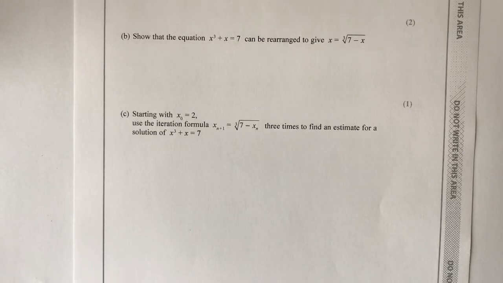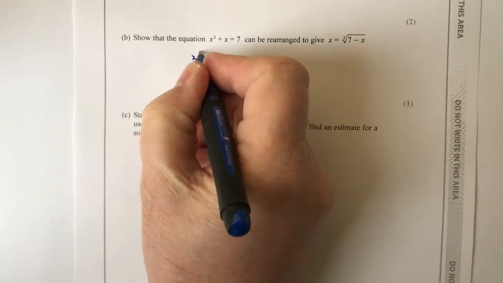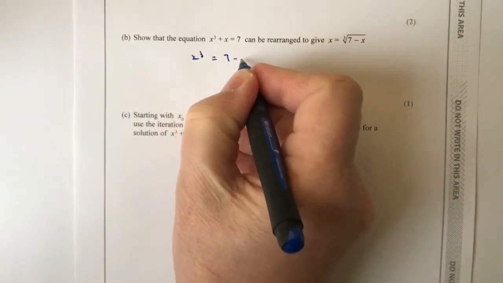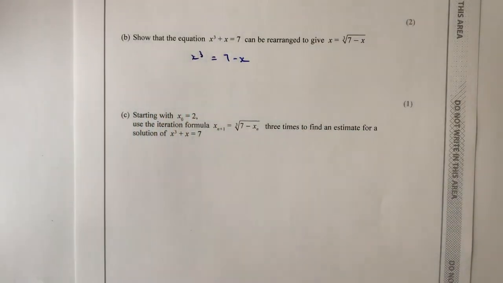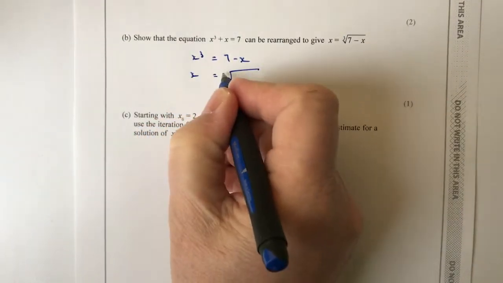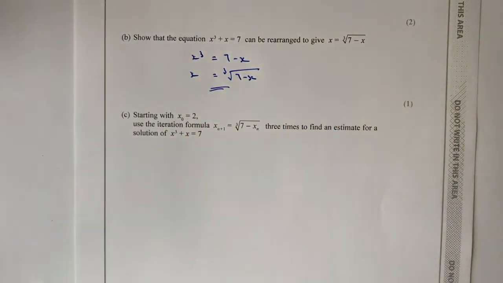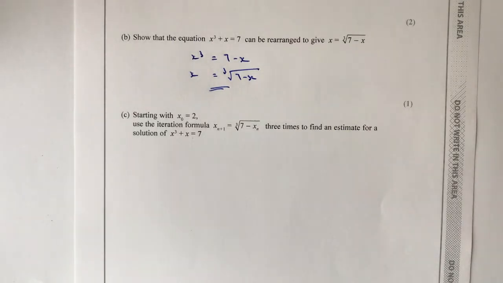But because we're looking at the cube root, then hopefully you'll be able to see that if I move this x over to the right hand side, I get x cubed equals 7 minus x, and the cube root of that gives x equals the cube root of 7 minus x, and that's it for that particular question. Okay. And then an actual application of the iteration formula is, it says, starting with x0 equals 2,